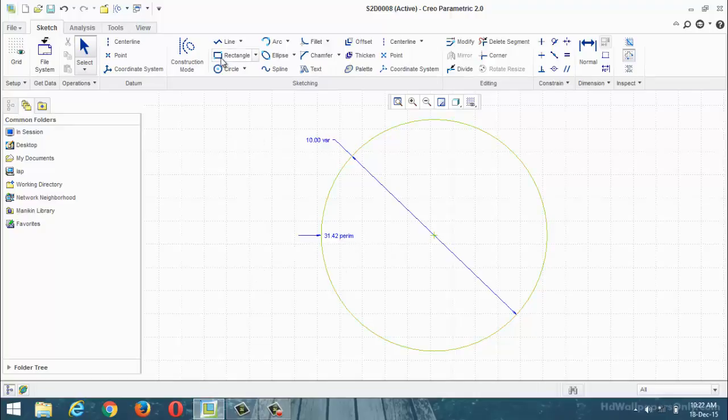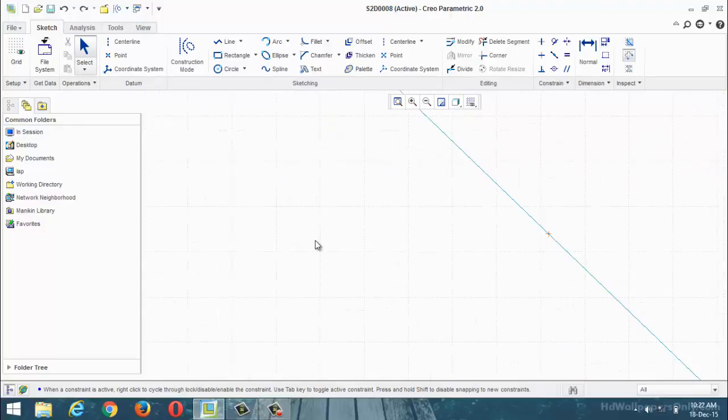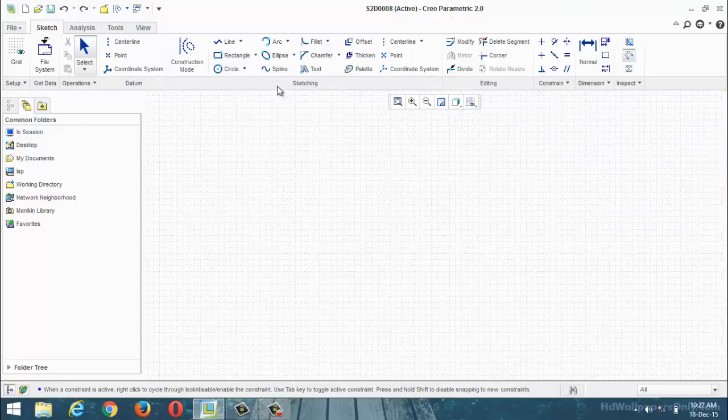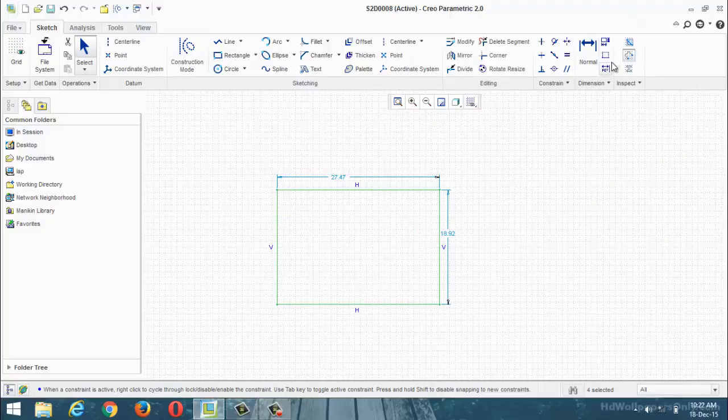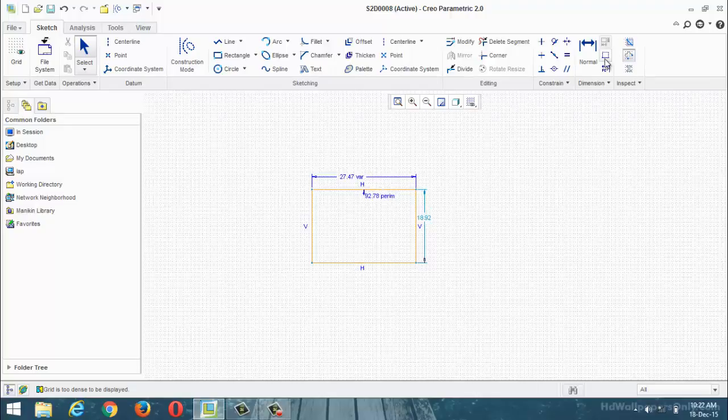In the same fashion, rectangle also. Again you can design one rectangle. Same thing, select the perimeter, this one, see here. Okay, 12 plus 2. That is about the perimeter dimension.